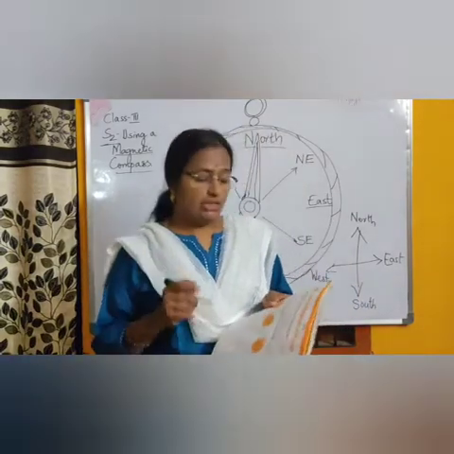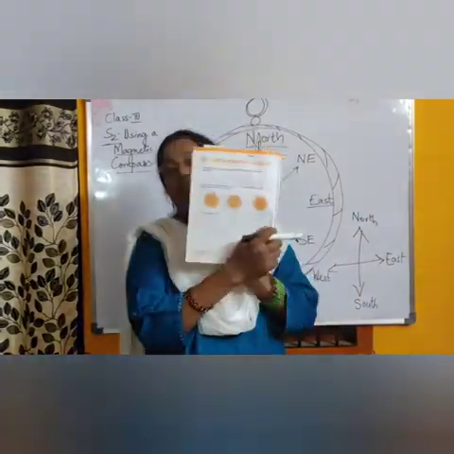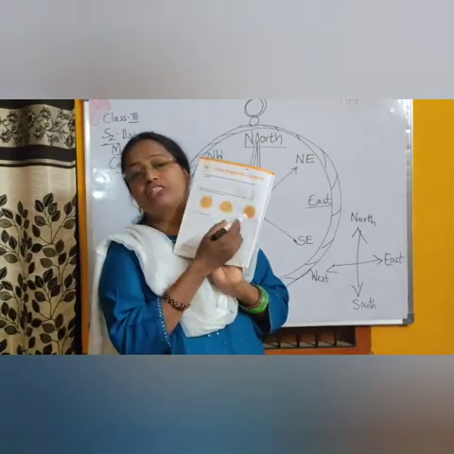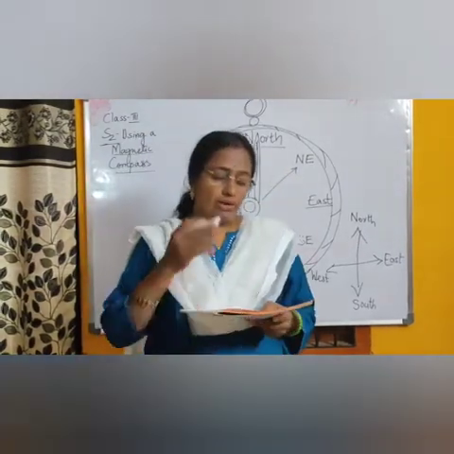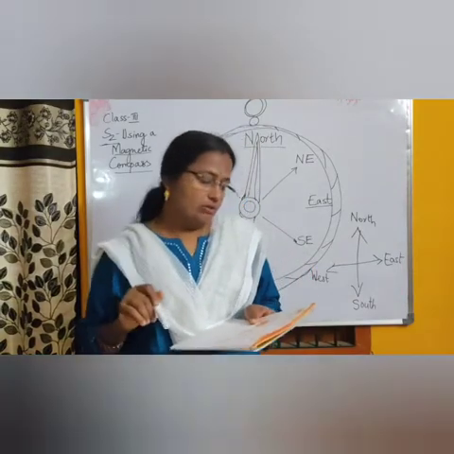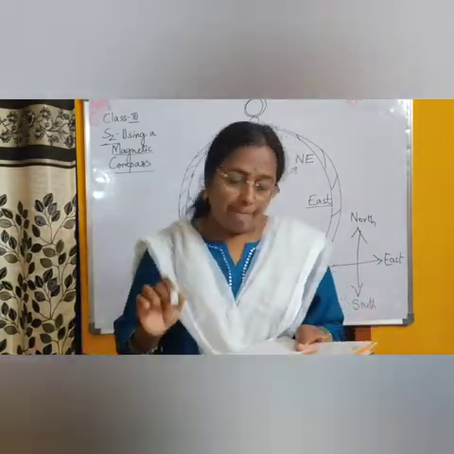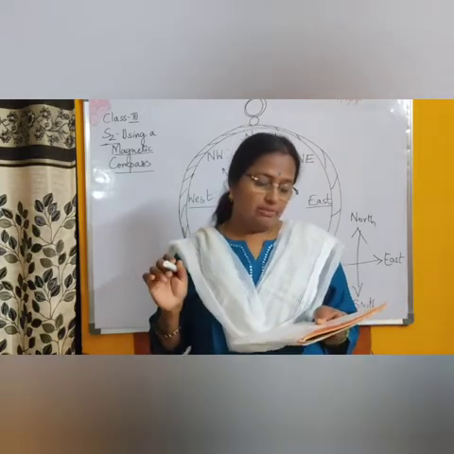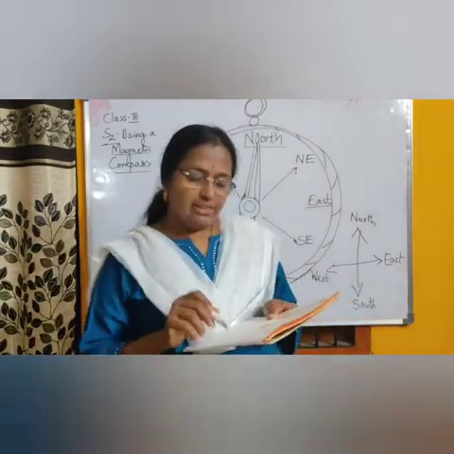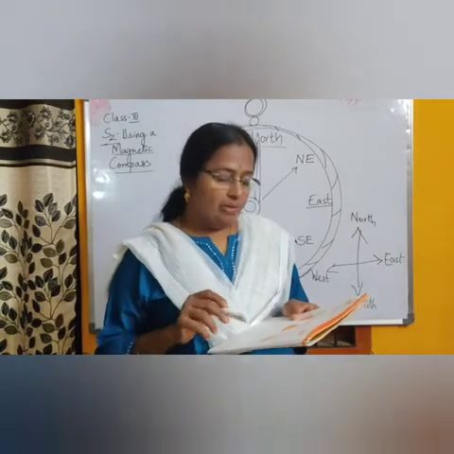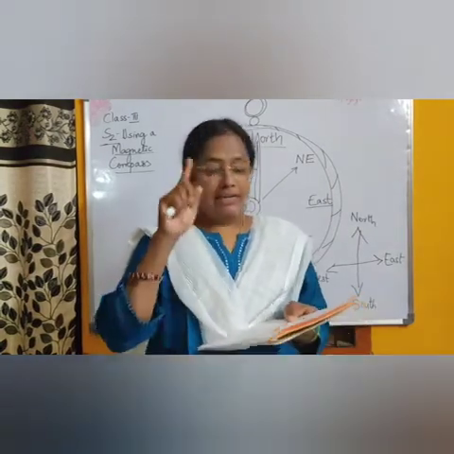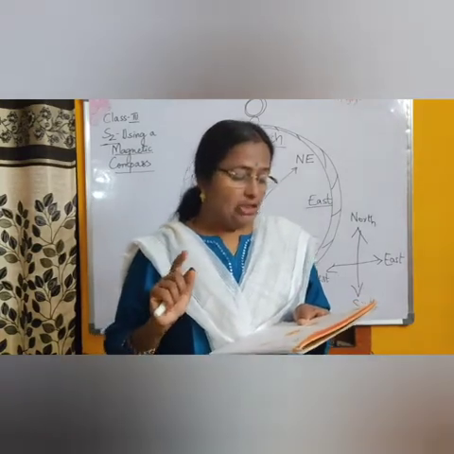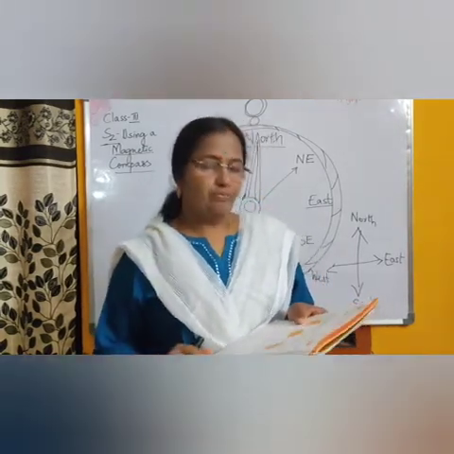Then the second question, they have given you 3 pictures. The magnetic compass is in different positions here. So what is it that you have to do? I'll read out the question. Look at the pictures of the compass. The dark part of the arrow is pointing to the north. Yes. If you look at this compass, which is in orange color, the dark part of the needle is showing you the north direction.